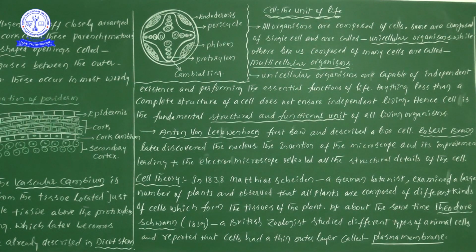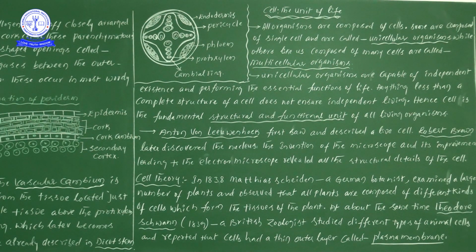He also concluded, Schwann also concluded, what is that? Based on his studies of plant tissues, the presence of the cell wall is a unique character of plant cells. Means he is a zoologist, so he has a right to describe the outermost delimiting structure of the animal cell. The outermost delimiting structure of the animal cell is the plasma membrane, but he comes forward and gives an explanation that the outermost layer of a plant cell is the cell wall.